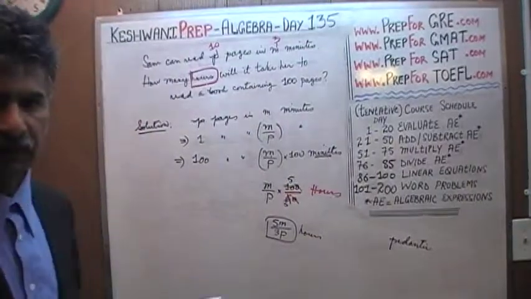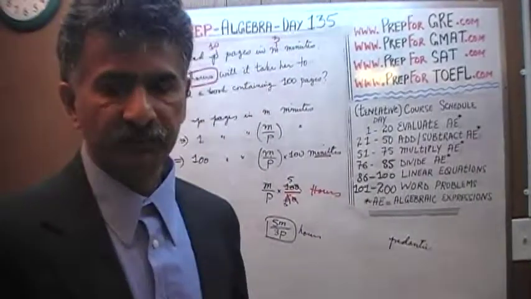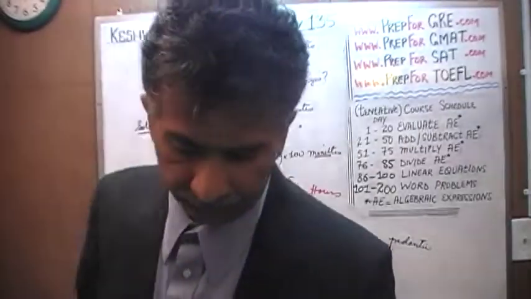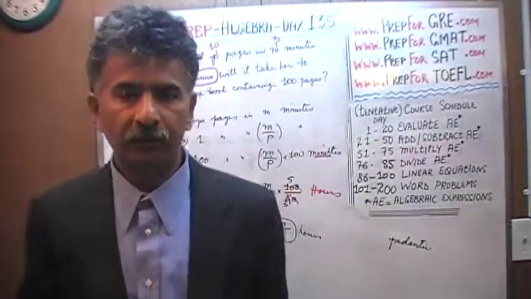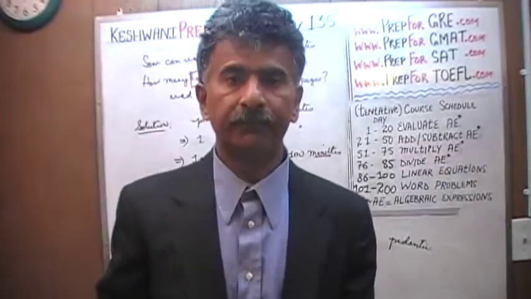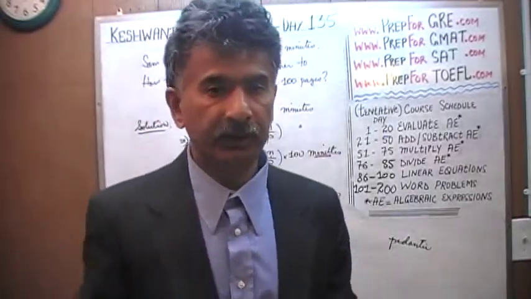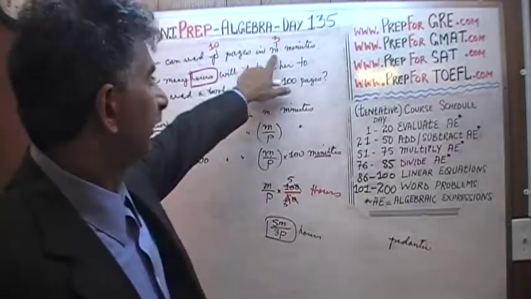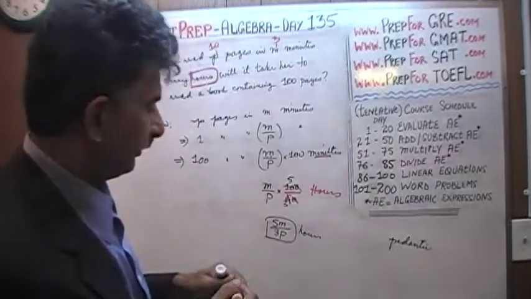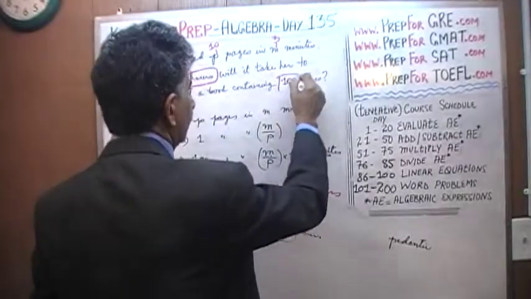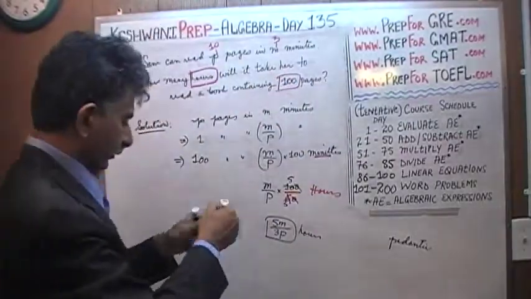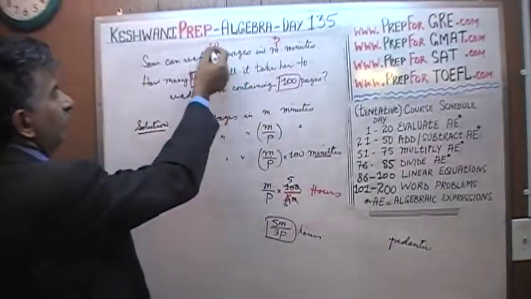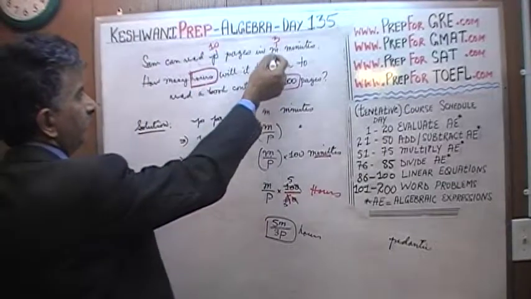You must always plug in numbers in such a way that makes the calculation very simple. That's the whole point. We want to convert this problem into a very simple arithmetic problem. So simple, in fact, that we can do it in our head, so that we know what the answer should be. And then we ask ourselves, does this thing give us the same answer? 10 pages in 3 minutes, she wants to read 100 pages. This is only 10 pages. So if we plug in 10 for P and 3 for M,